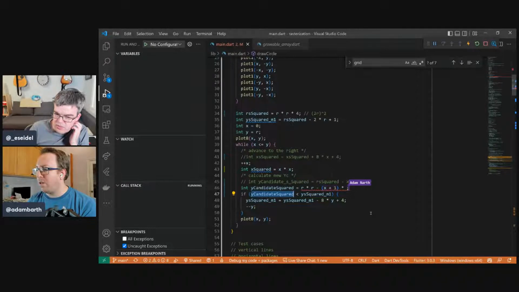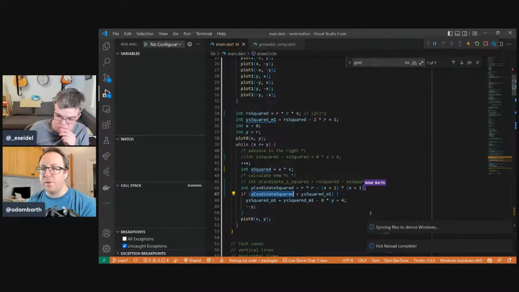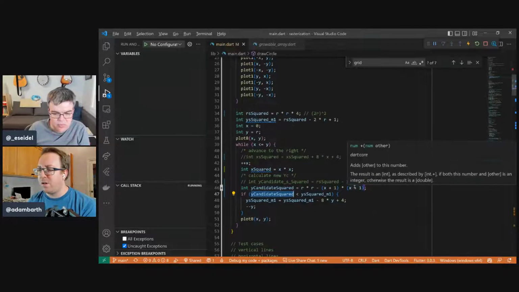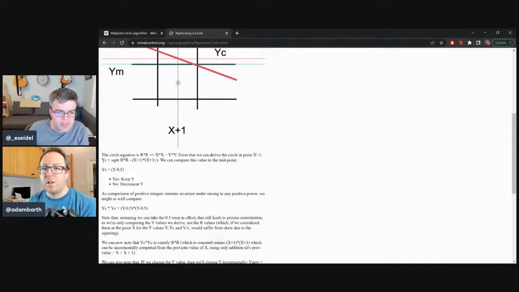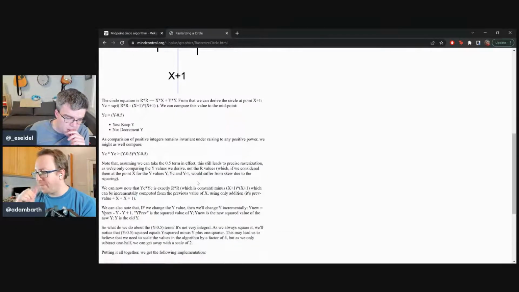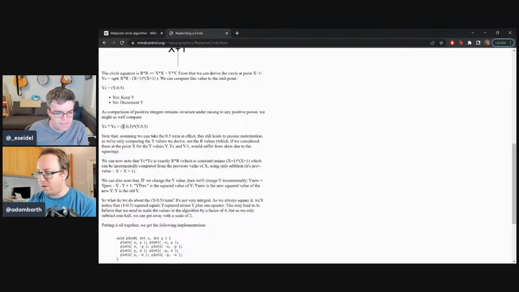What's the x plus 1? Isn't that what the page said? Oh, I see. Okay, so that's our candidate. This ends up being y squared minus, computing this just the way they say to compute it, which is y minus 0.5